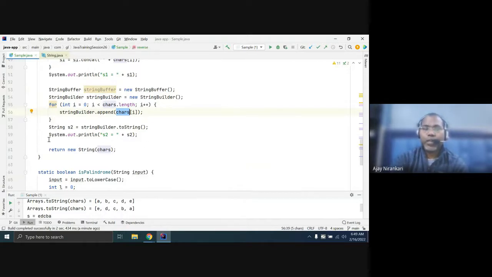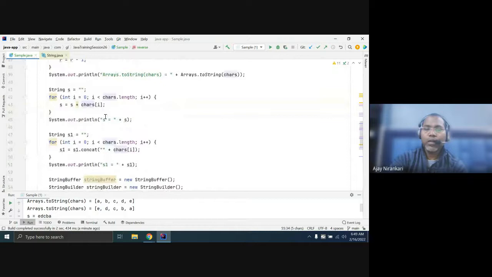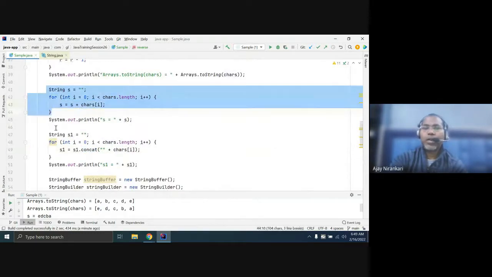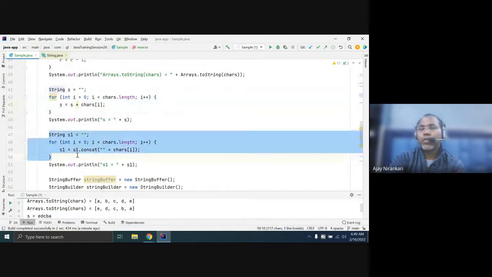The best way is to use the constructor. If you don't want the constructor, you can use StringBuilder or StringBuffer, or concat or plus. Just for testing, you can use plus or concat, but never use them in production code.